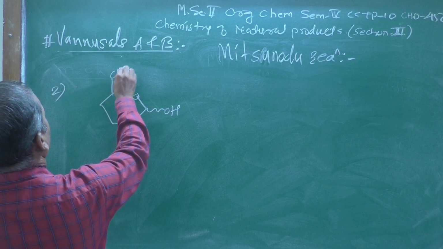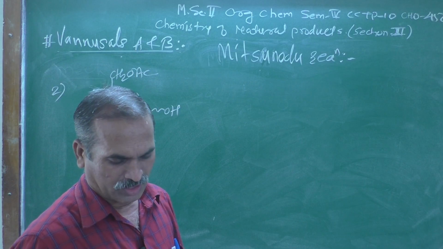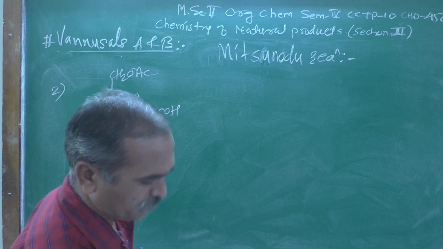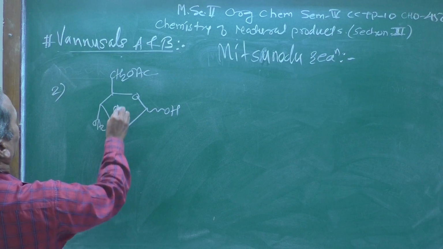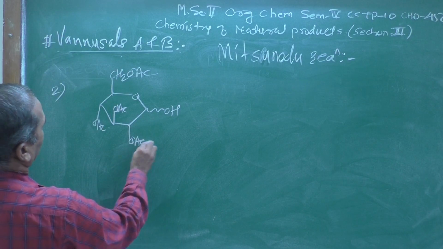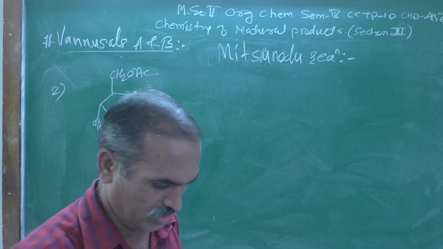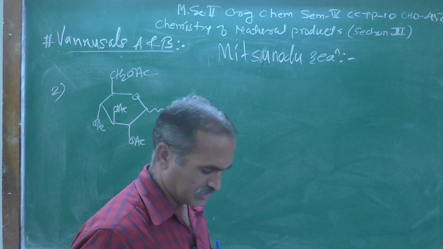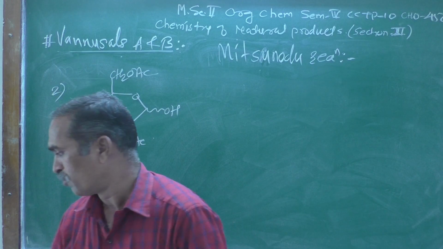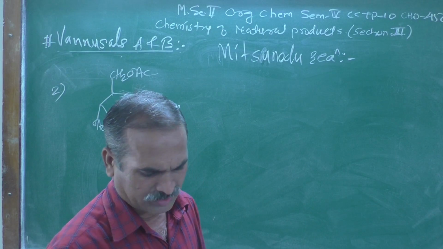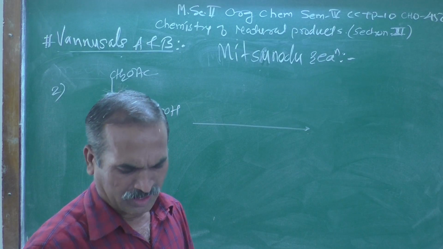This is the cyclic alcohol O. Acetyl group is used here for the protection of this hydroxyl group OAC, then OAC, further OAC, all are protection. Only the anomeric center remains open over here, and after that when we added the reagent like